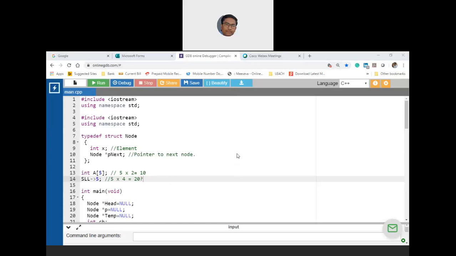Sir, we can delete memory in a singly linked list. Come again. We can delete the memory that we created in a singly linked list at the end. Okay. No. See, for me, I need to maintain the data. For me, data is important. I don't want a deletion to happen. If that is my requirement, then it would be fair enough to say that I will use a linear one-dimensional array rather than the singly linked list.